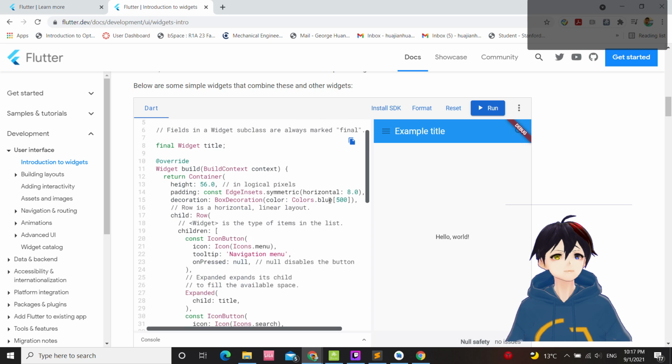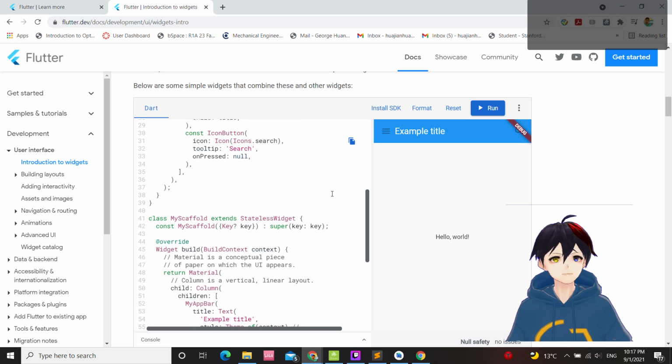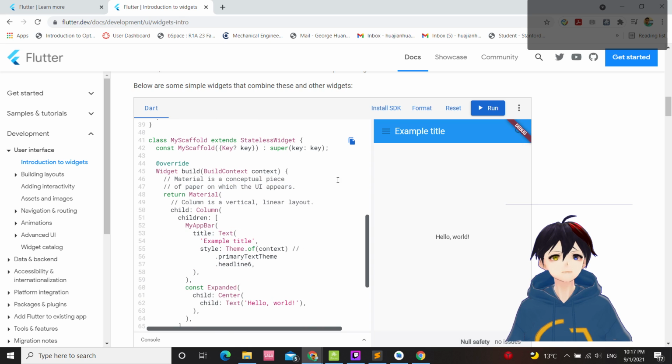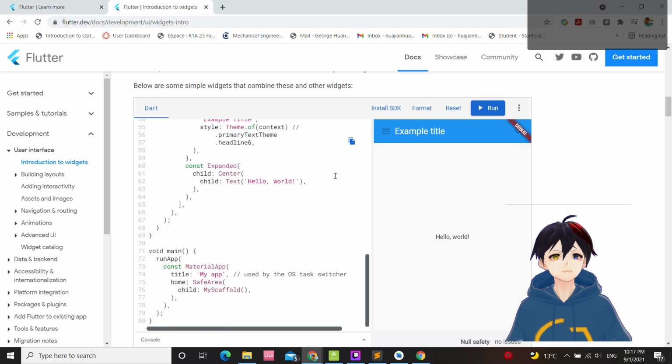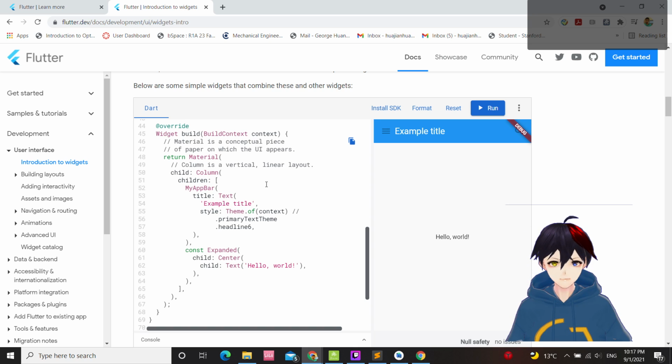Okay. How do you comment out these things? Scaffold.